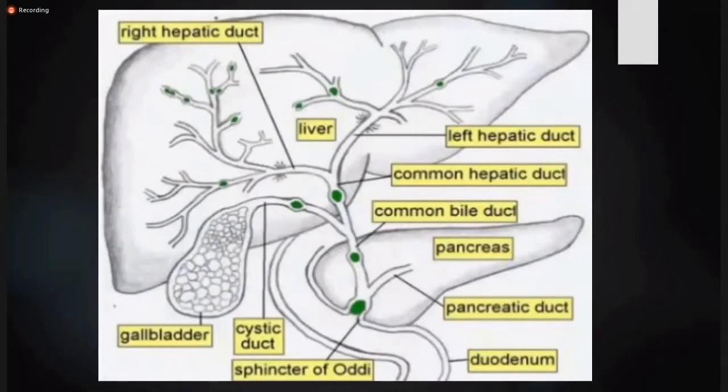So this is the basic anatomy of the hepatobiliary system that you must have done. We can see the liver and then the right and left hepatic branches of the biliary channels, which then make the common hepatic duct, which when joined by the cystic duct makes up the common bile duct, which drains into the ampulla, and then the bile drains into the duodenum. This is the basic anatomical structure of the biliary channels. So today we will be concentrating on this anatomy.